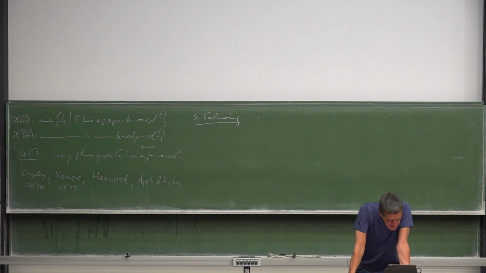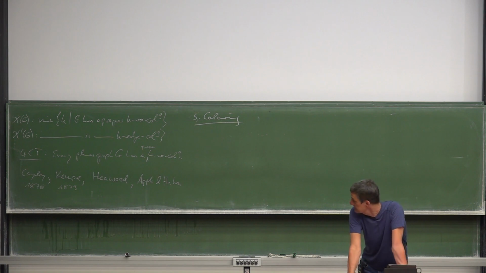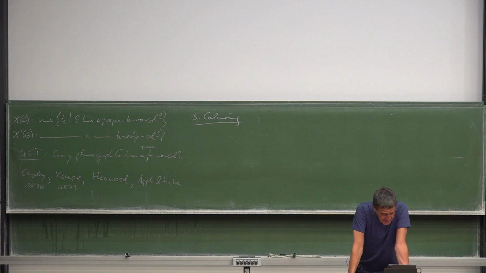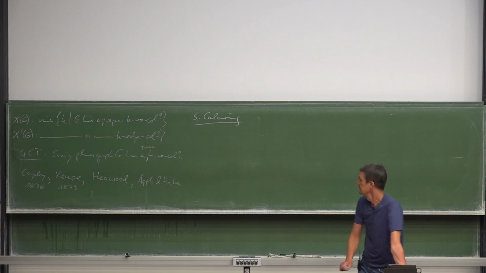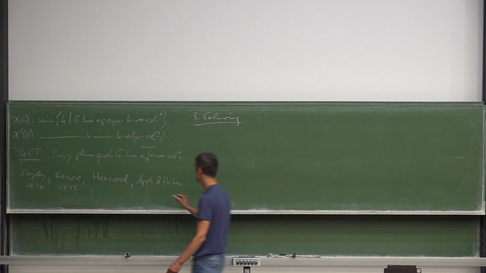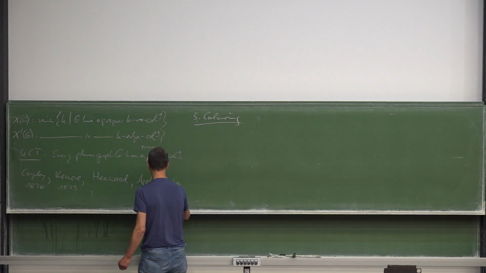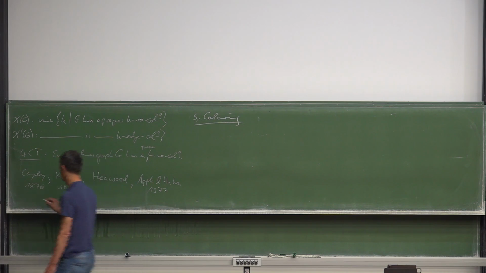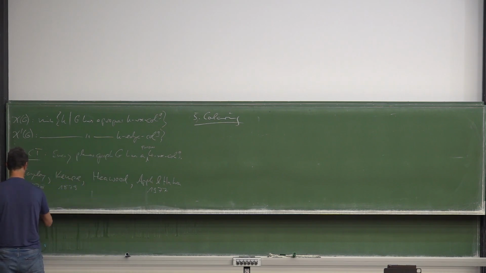What did I say? Yeah, the false proof was 79, that's right. So this was 1977. And then in 1997,